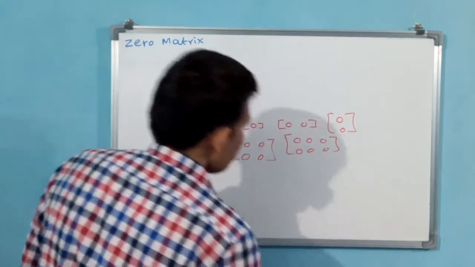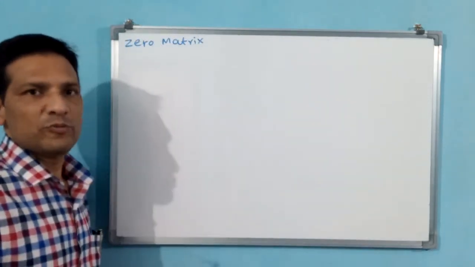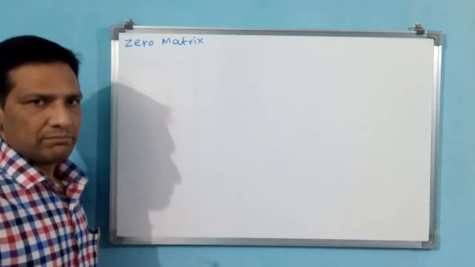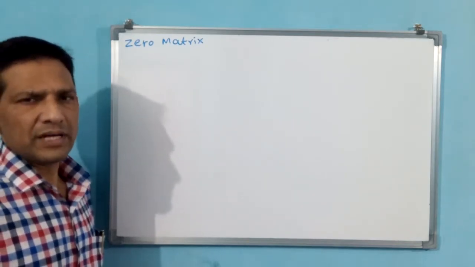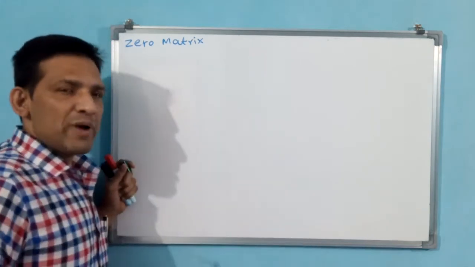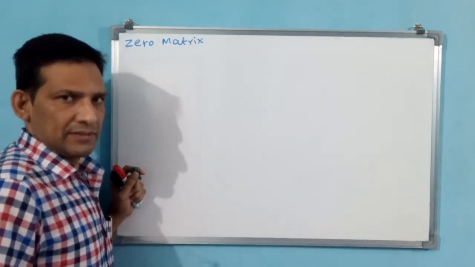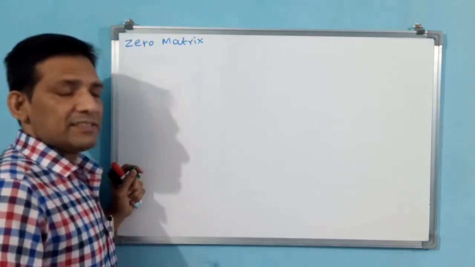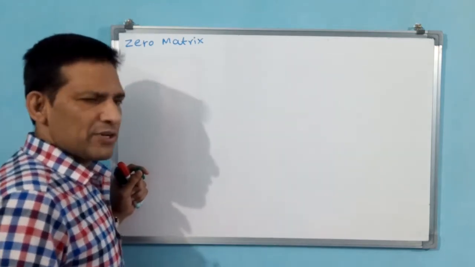Okay, when we already know about the zero matrix, why are we discussing zero matrix again? You may get confused like that. Okay, see how the zero matrix will come. First point, in addition, how it has come. In addition, we have seen that if you add the negative matrix with the original matrix, the additive inverse, the result is the zero matrix. Additive identity is the zero matrix. We know the additive identity is the zero matrix.